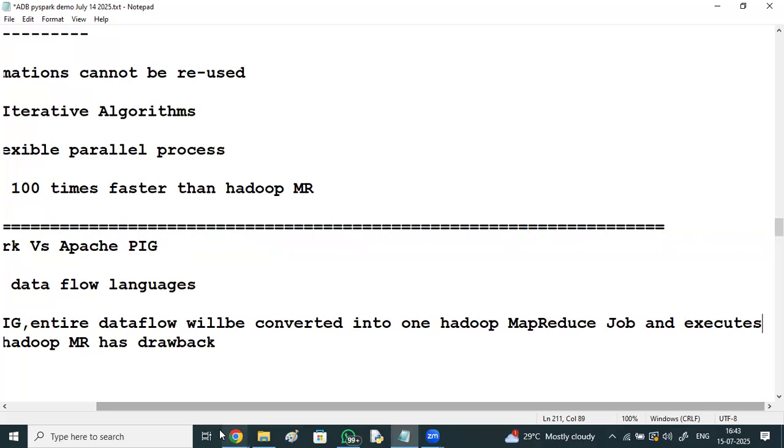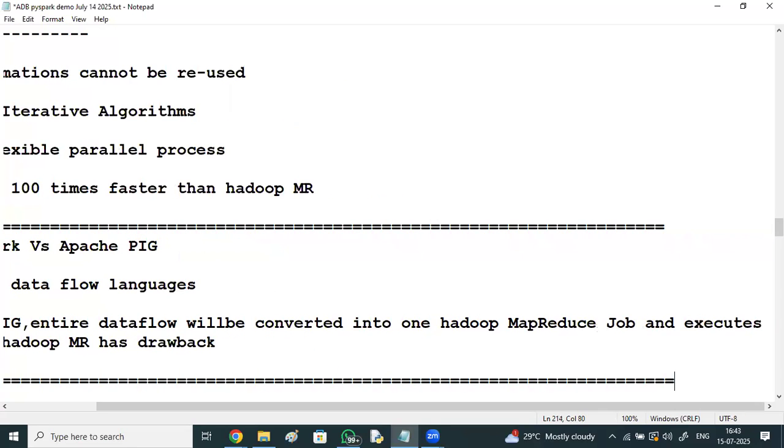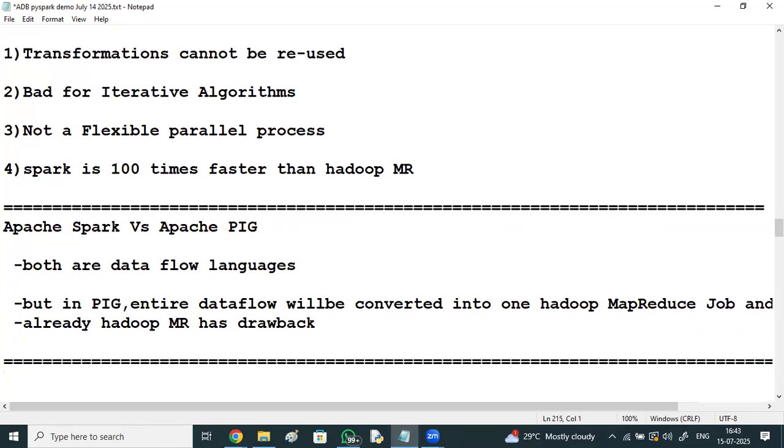See, if you talk about Apache Spark, what is this data flow language? Data flow is a sequence collection of pipes. What do you mean by data flow? A sequence collection of pipes. At each pipe, any data operation, like data loading, data merging, data filtering, data transformation, data grouping, is going to happen. Data flow means the output of one will be the input to the next. Again, that output will be the input to the next. Very simple.